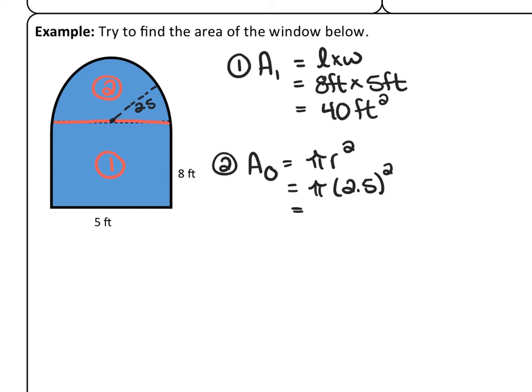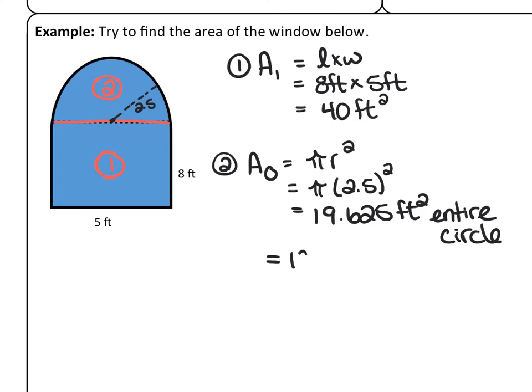So once I calculate that, 2.5 squared times pi, it becomes 19.625. And again, that's feet squared. So that is for the entire circle. But we only want half of that circle, so I'm going to divide it by 2. So 19.625 divided by 2. So I get that the half circle is